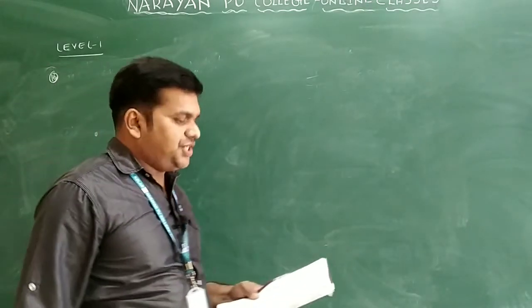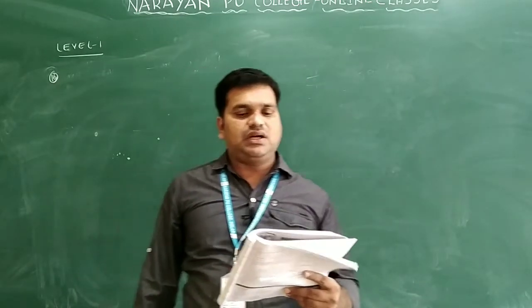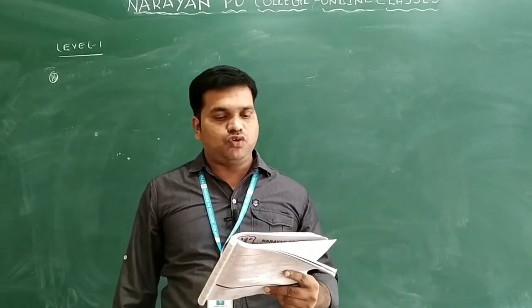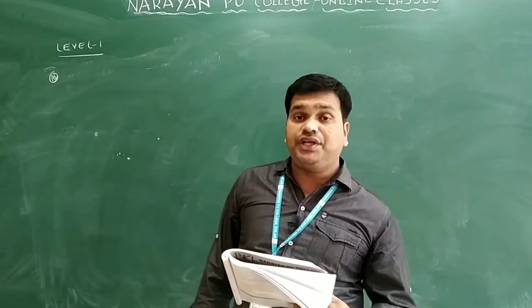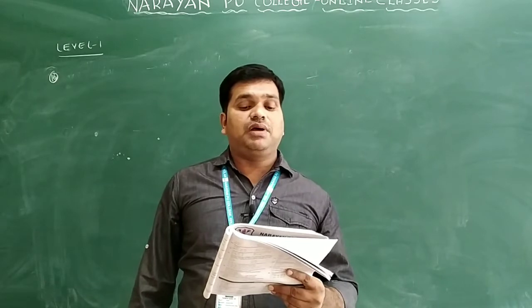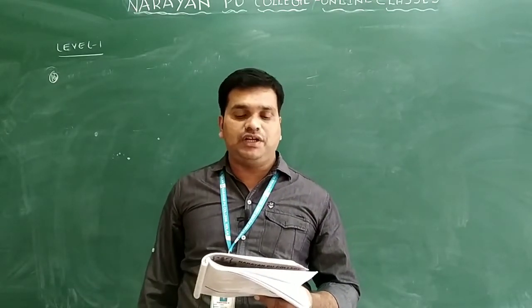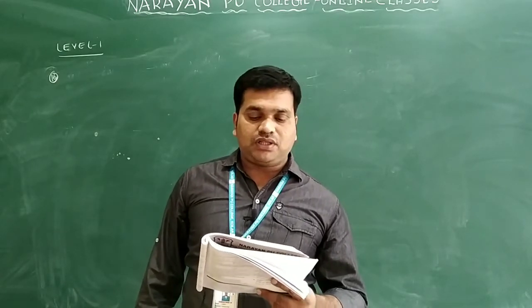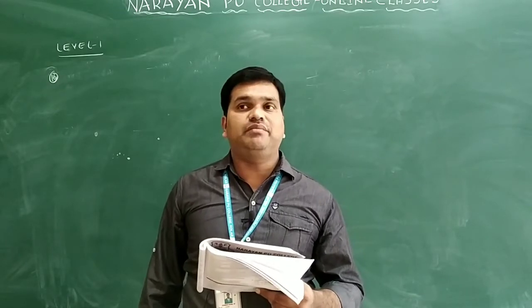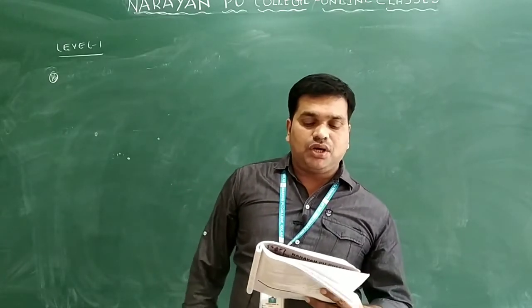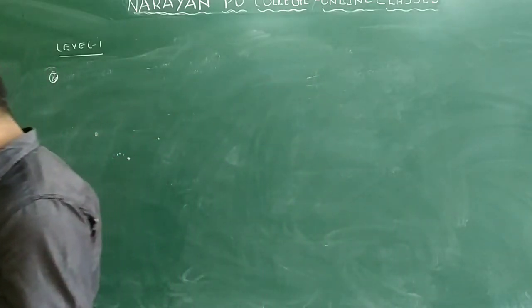See the next question, 16. The maximum number of quantum numbers which can be equal for the last electron of the two elements of the same group in the periodic table. The group does not contain any element having exceptional electronic configuration. For the last electron of two elements of the same group only, how many quantum numbers are equal? That is what they are asking.